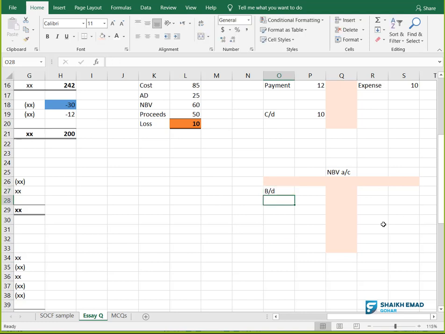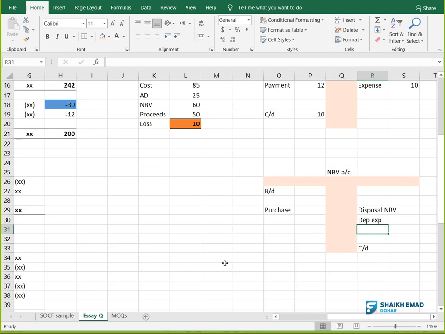So opening will come on this side and closing will come on this side, right? If you are purchasing any asset, it will come on this side. If you are selling any asset, it will come on the other side, right? Disposal. Now you need to remember, when you purchase something, it will be recorded at cost. But when you dispose something, it will be recorded at net book value, because this is a net book value account. Disposals NBV you will record on the credit side. Getting it? If there is any depreciation expense during the year, again, you have to reduce this account, right?